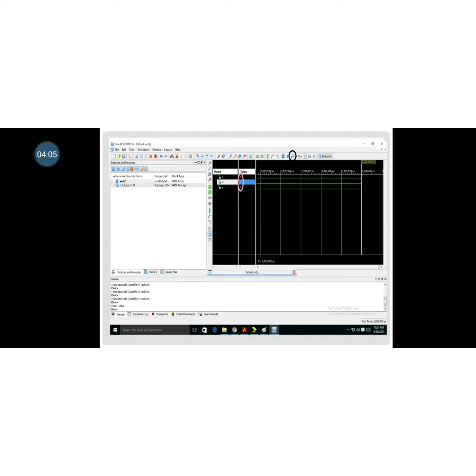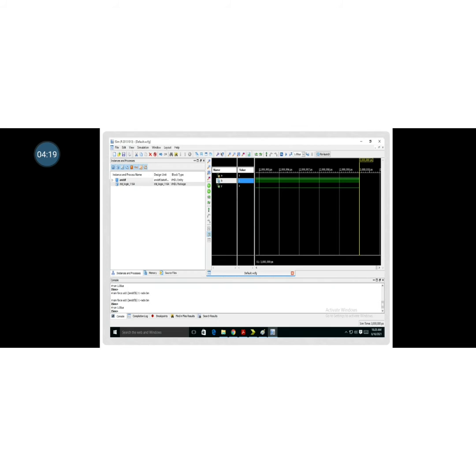You can see the input A, input B and output Y. The inputs are given, and the output waveforms you can see here. When A is 0, B is 1, output Y is 0. So these waveforms are generated.